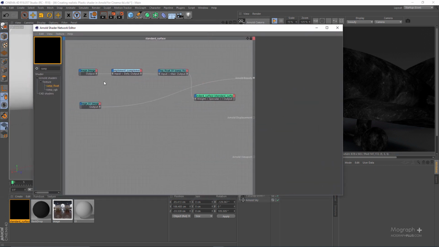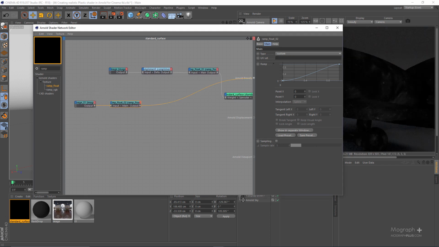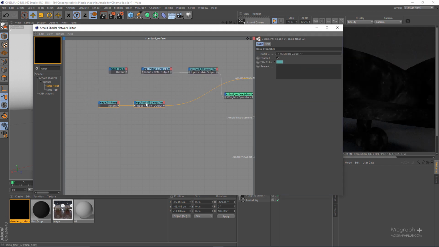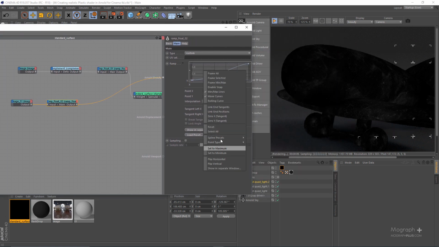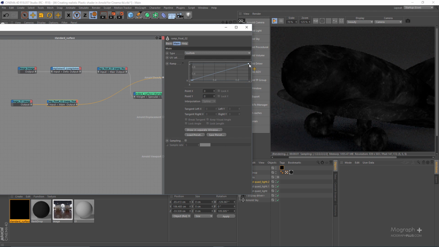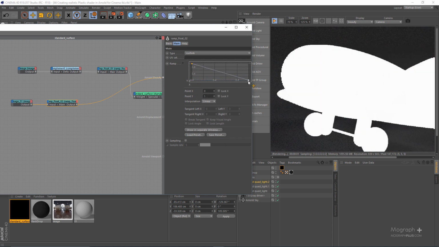Now, to do that, let's use a RAM float node instead of a complement node that we used before. So let's drag a RAM float node, hold down Alt, insert after, input. Now what I'm gonna do is, first of all, let me right click and reset this curve, and then I'm going to invert the map and just add a bit more contrast. Now, as you can see, we start to get that